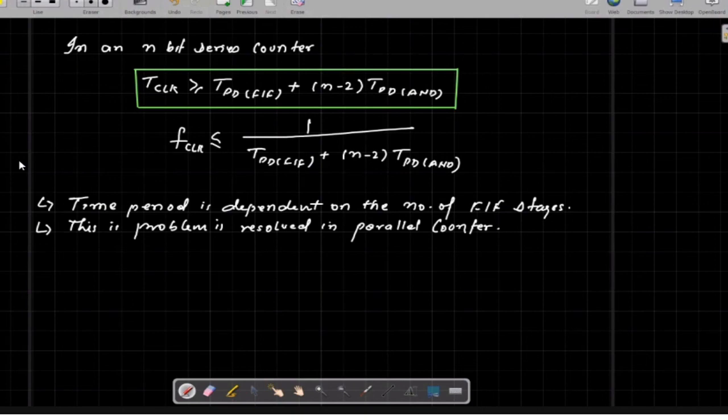Okay, so in the next lecture we will discuss the 4-bit parallel up counter, in which we will see that this n factor is completely removed. When this n factor is completely removed, then no matter how many flip flops you are using to design a counter, it will be independent of the number of flip flops. So in that case, the clock frequency will drastically increase, and when this increases, then the overall counting process will become